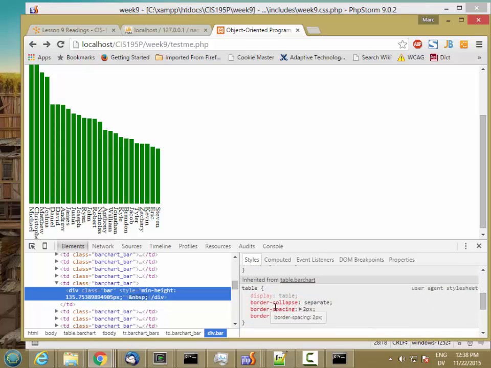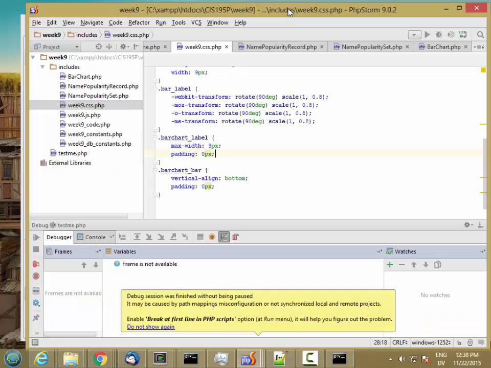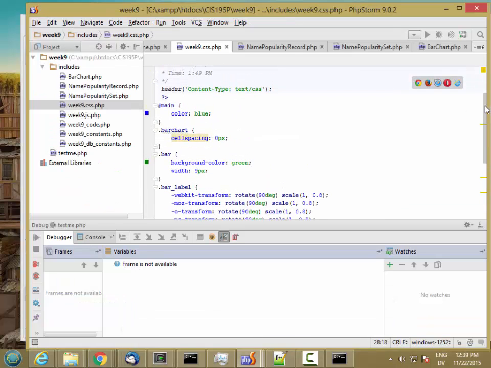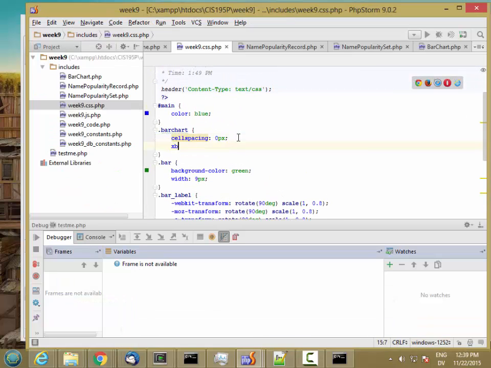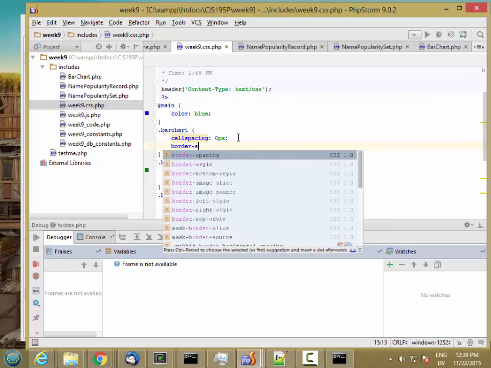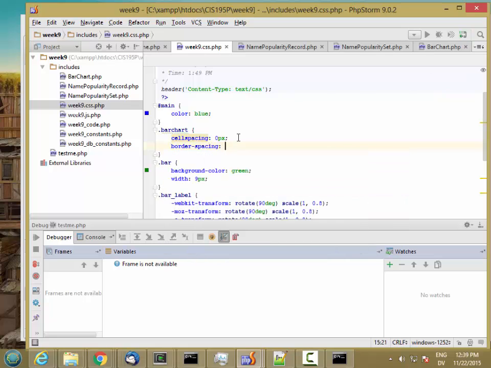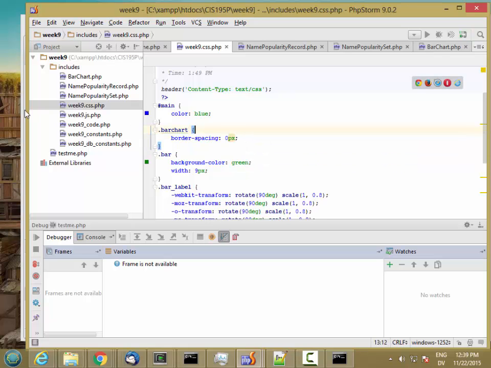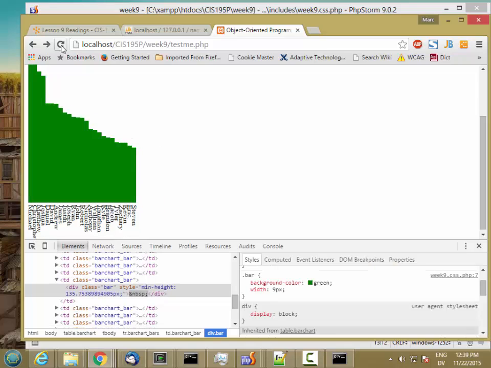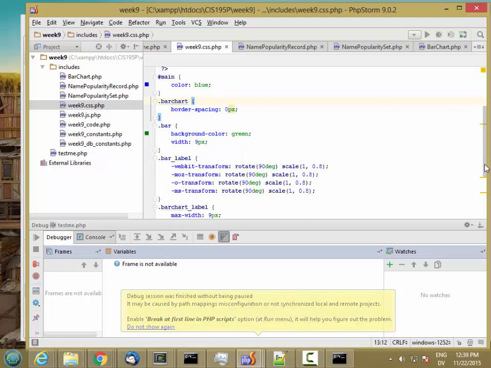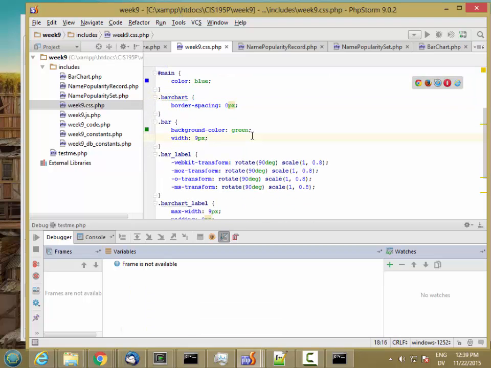Oh, I need border spacing on the table. So probably not cell spacing at all. There we go. So these are jammed together, and what I'm going to do is on each bar I'm going